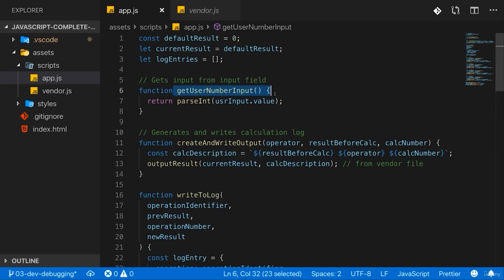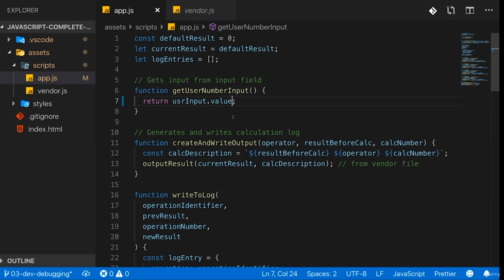So that's triggering this function. And there, let's say we're not doing that int parsing. We're not converting this to a number. Of course, we're doing it here, but let's say we're not at this point yet. We forgot to add this code. That would be a typical logical error. Everything will work technically, but the app will not behave the way it should because we have a logical error